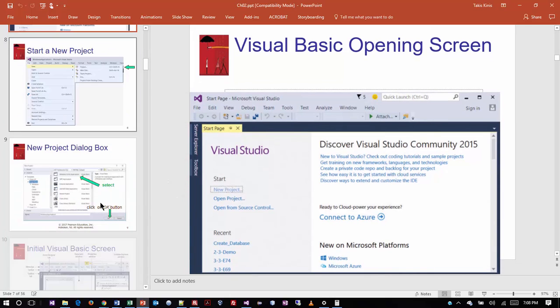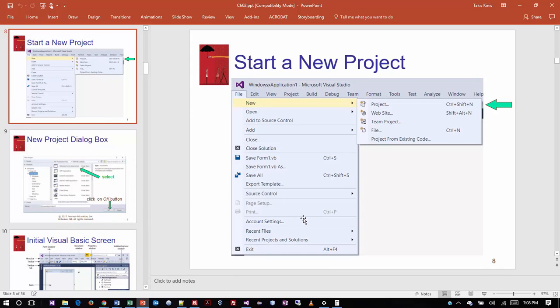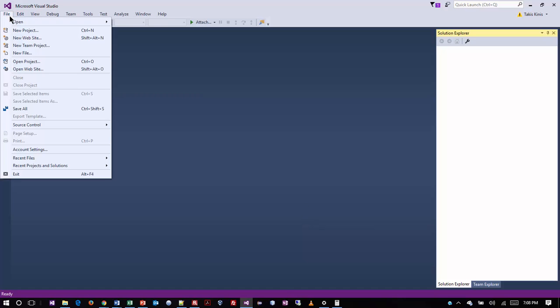All right, on the next slide here, they're going to ask us to start a new project. So guess what we're going to do? Let's start a new project. So I'm going to come up to the File menu here. And notice I'm not doing this from the Start screen, and my preference usually is not to use the Start screen. I did say that, right? I usually close it, and then I go to the menus. And if I'm going to do a new Visual Basic project, I will say File, New Project,